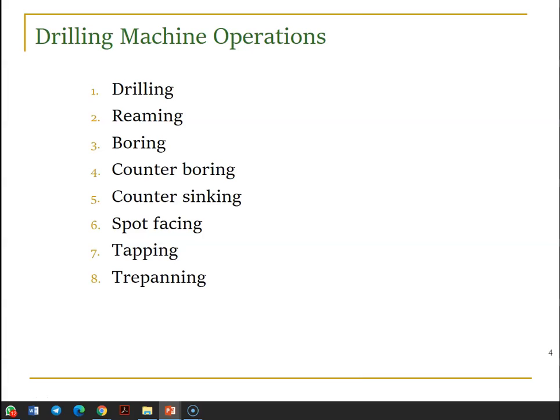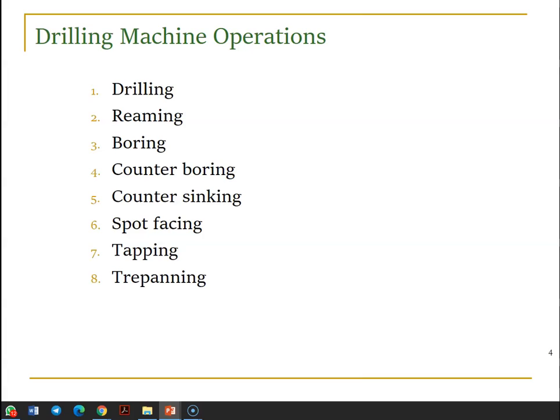Reaming in the sense, as I said earlier, for example, I have a drill bit of dia 8 mm, but I need a 9 mm hole, and I have only 8 mm and 10 mm drill bits. So I can make an 8 mm hole or a 10 mm hole, but my objective is 9 mm. For this case, I am going to use reaming. So reaming is used to enlarge the drilled holes, right? So to enlarge already existing holes we use reaming. If we have a 9 mm reamer tool, we can enlarge the holes. That is called reaming.